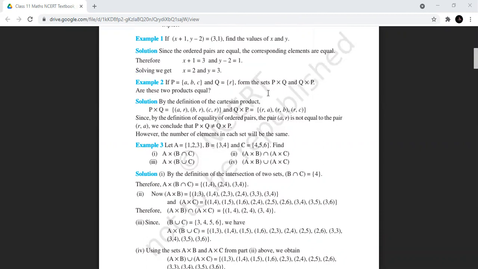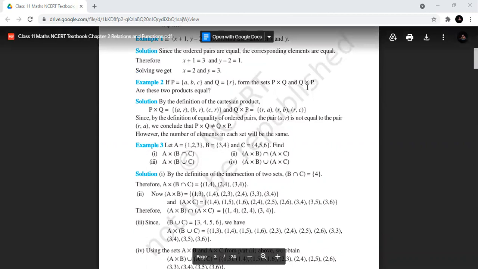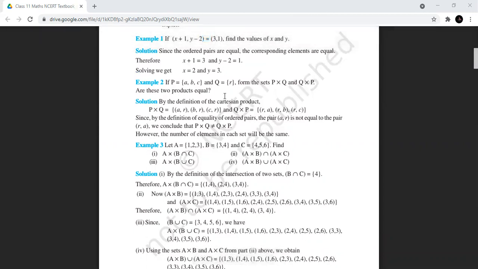Now from here, one important conclusion, which is quite obvious also, maybe you've understood by now, is that P cross Q will not be the same as Q cross P, as you can see in this example also. All right. So in general, we know that A cross B is never the same as B cross A. Okay, because, like I said, you will clearly understand from the example here, but this is a fact you have to memorize and keep in mind always.